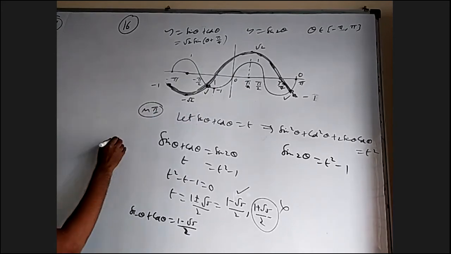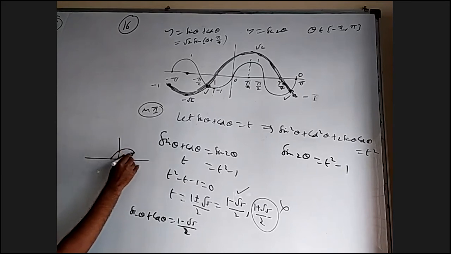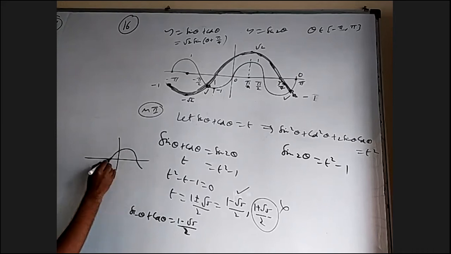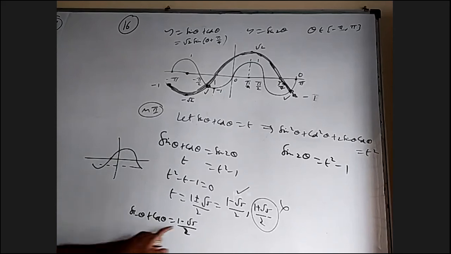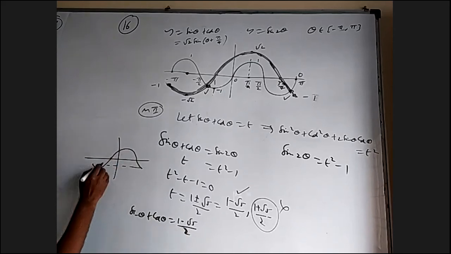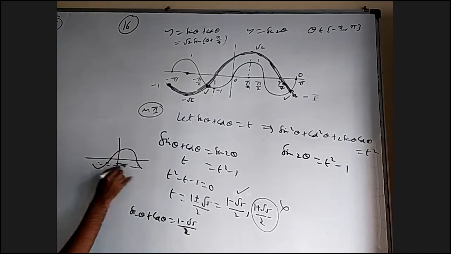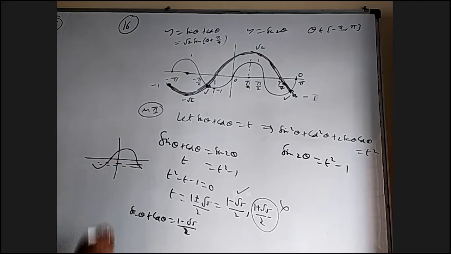So that is sine theta plus cos theta, starts at pi by 4, goes here up to this and here up to this. Now 1 minus root 5 by 2 is some negative number somewhere here. So there will be two solutions. We know this is minus 1, it is not that. It is below minus 1 also 2, above minus 1 also 2, and it is above minus 2. If somebody wants even what those solutions are, we may not be able to find it, but there are two.